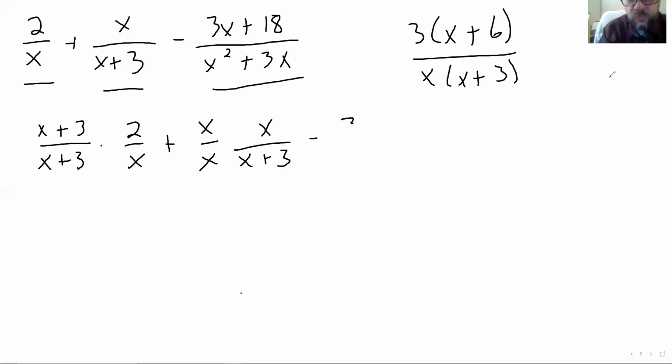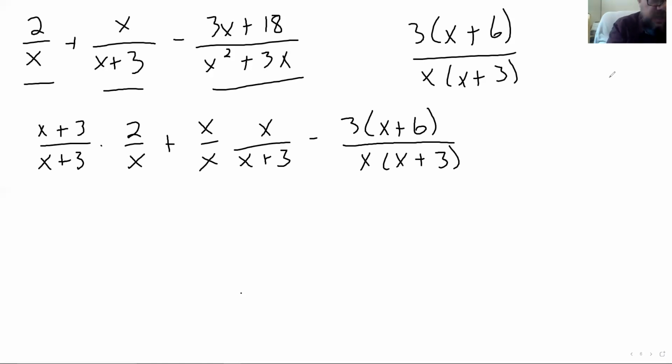minus 3 times x plus 6. I guess I should probably have put that back, huh? X times x plus 3. And I got to multiply out the 3x plus 18 because I need to combine like terms here. So I'm going to multiply everything out. So we're going to have x plus 3 times 2. It's going to be 2x plus 6